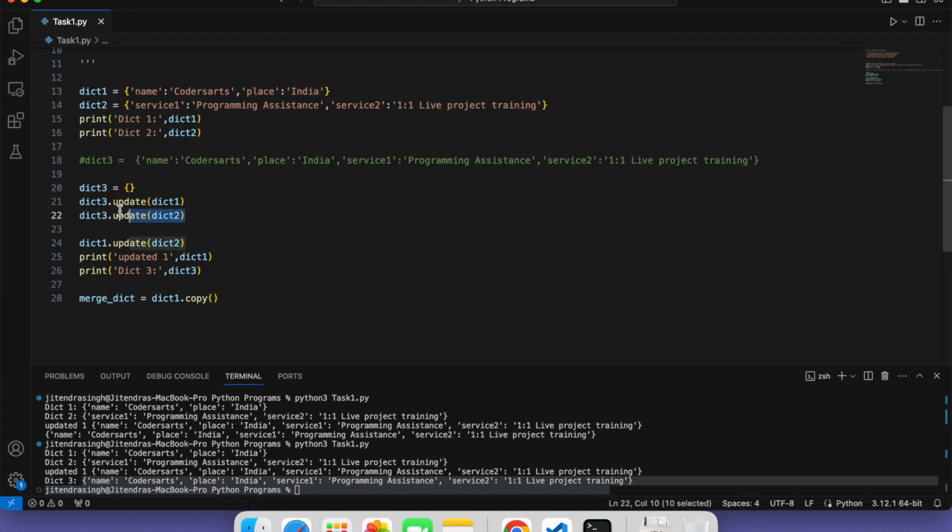Either we are calling update multiple times, in whichever order you want to update, that is fine. Or instead of update you can first copy this dictionary, so now these two lines of code will be done in one line of code. That is the difference. So first we are copying this one, so the content will be copied to this dictionary, and now again we are going to do